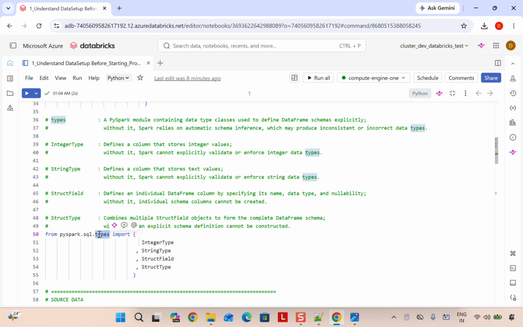what is types, right? A PySpark module containing data type classes used to define a data frame schema explicitly. So whenever we want to define a schema, we need to import this, right? Without this, Spark does automatic schema inference, which may produce inconsistent or incorrect data. So if you are not importing this, we are not attaching the schema to the dataset that we will be using, right? Obviously, that is not suggested in a production environment,